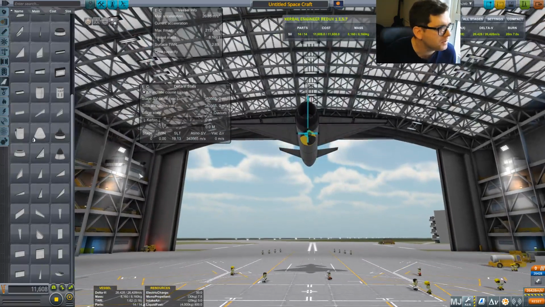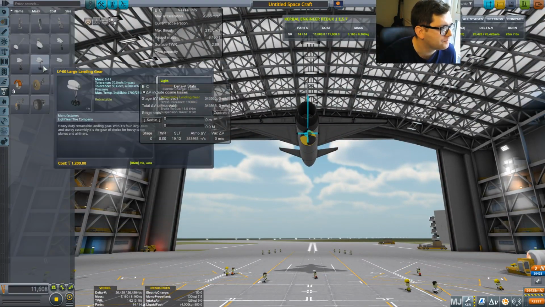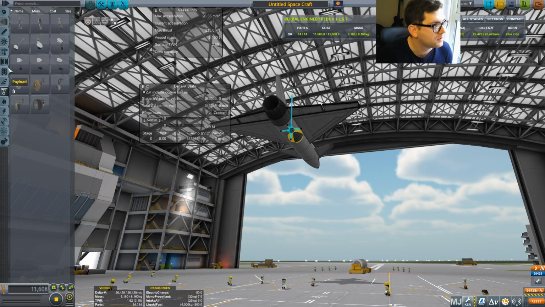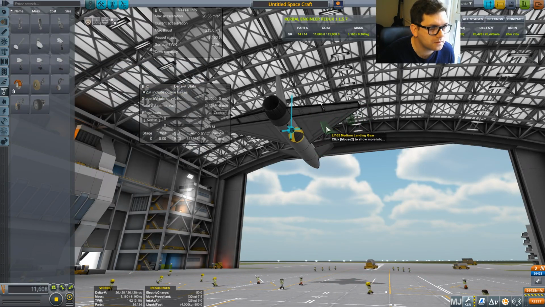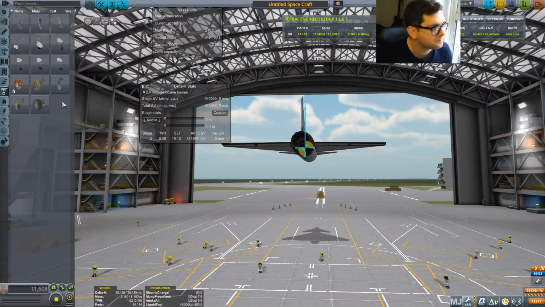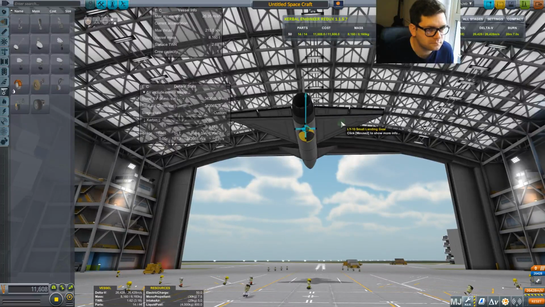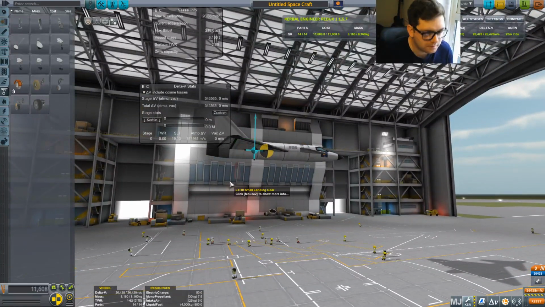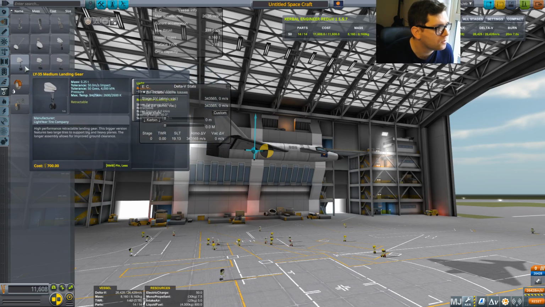And then we need some landing gear. I'm just going to go for medium. It's obviously too big. Is it medium? Yeah. Yeah, that's going to take up all the wing. So let's go there. But then that's going to leave us no